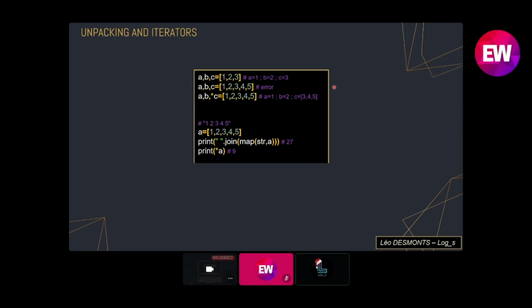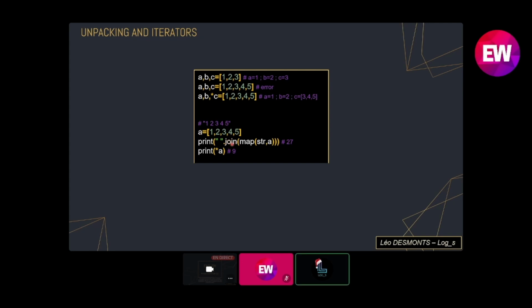For example, if your programming challenge wants you to output a list of elements with every element spaced by a single space character, if you have this list, one way to do it would be to call the map function. For those who don't know it, the map function takes as a first parameter a function and as a second parameter an iterator, and it will apply the function to every element of the iterator and return a map iterator. So in that case, it will transform every integer to a string.